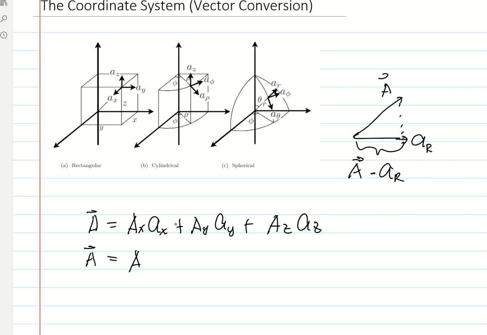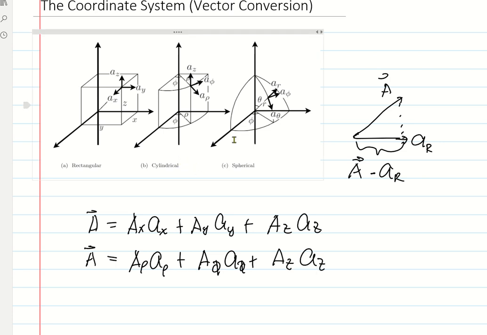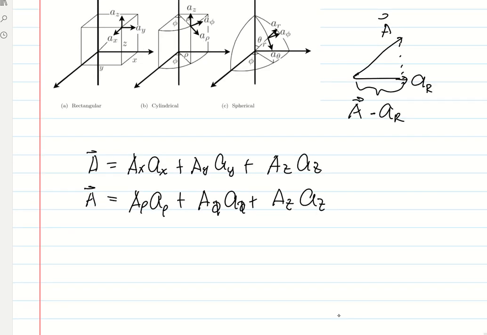So we also have different components. Here, instead of ax, we have a rho in the rho direction, a phi in the phi direction, and it's the same for the z component, because the z in the rectangular coordinate is the same as the z in the cylindrical coordinate system. For the spherical coordinate,